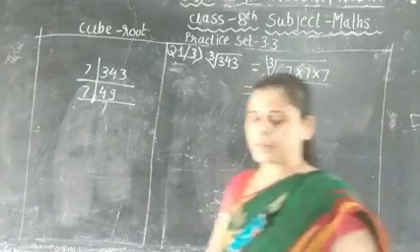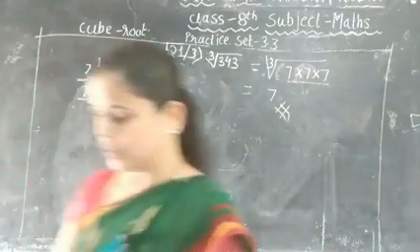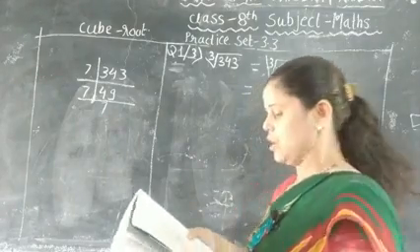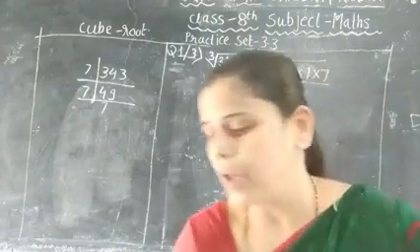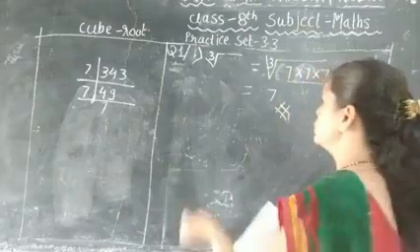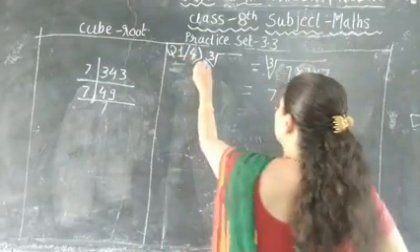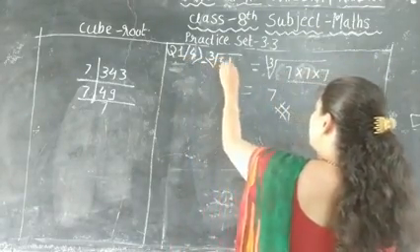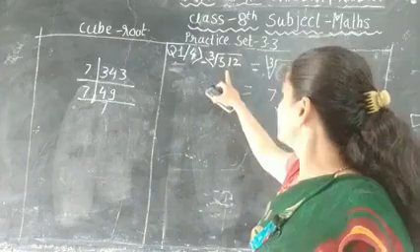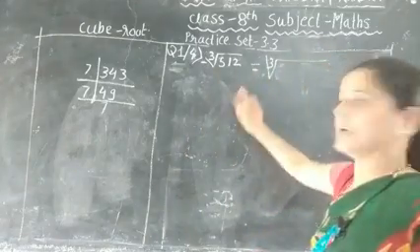The next number is, just take a negative number. Fourth question, 512. Cube root of 512. So the fourth question is negative 512. So here the first step is find out the factors of number 512.